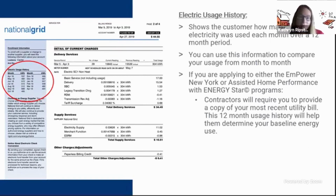usage history that you can find over on the left-hand side of your bill. So this is a great way to see how much electricity you have used each month, to compare your months. So you might see a big difference between January and May, but typically you don't want to see a huge difference between April and May. So you can kind of see how efficient you're being by comparing how many kilowatts of energy you have used